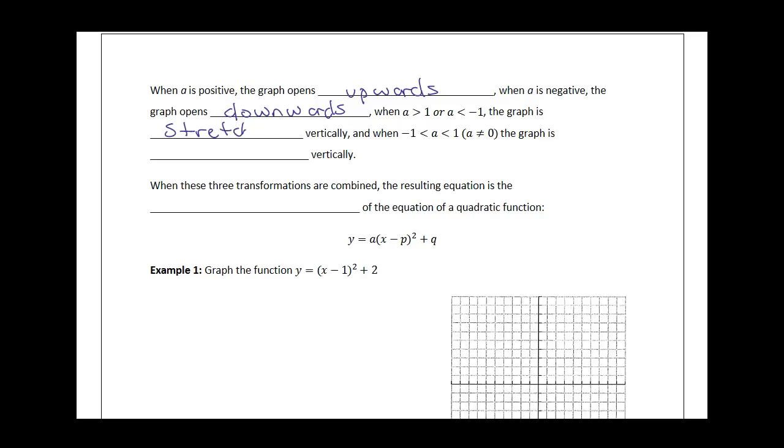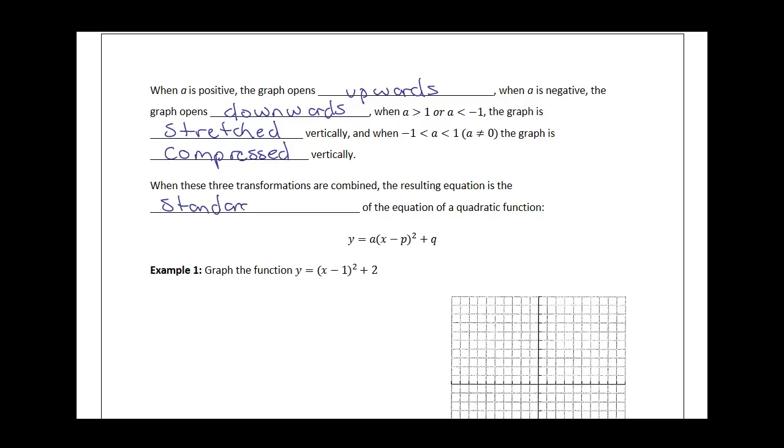stretched vertically. And when a is in between -1 and +1, and it cannot equal 0, the graph is compressed vertically. When these three transformations are combined, the resulting equation is the